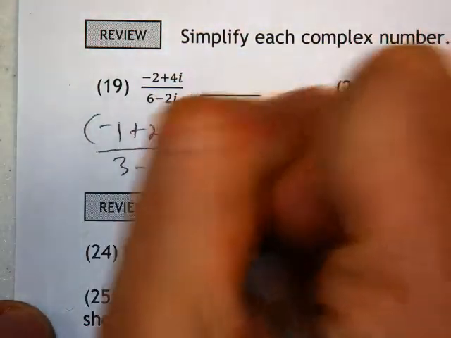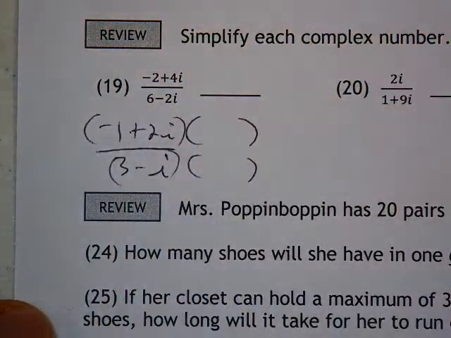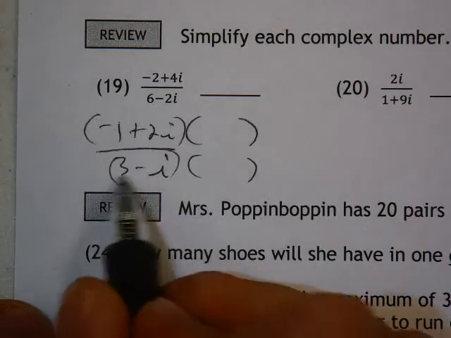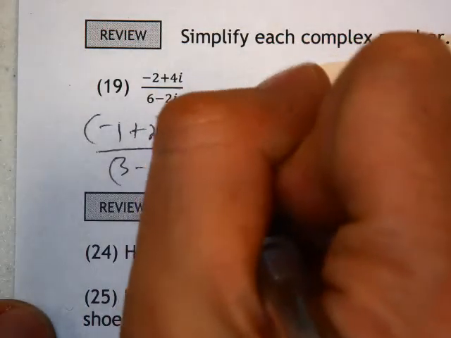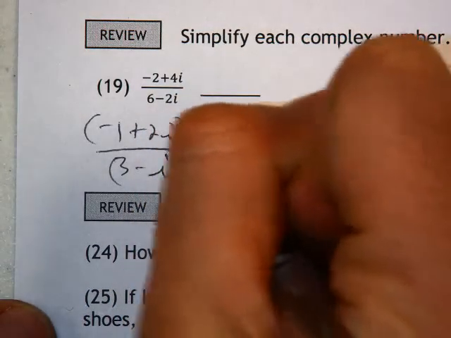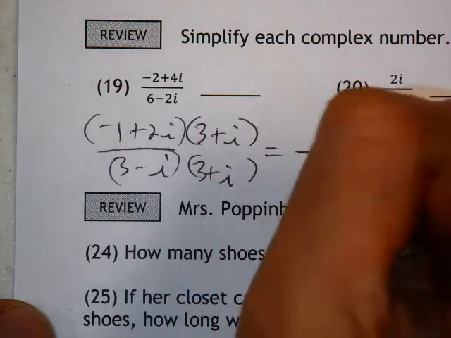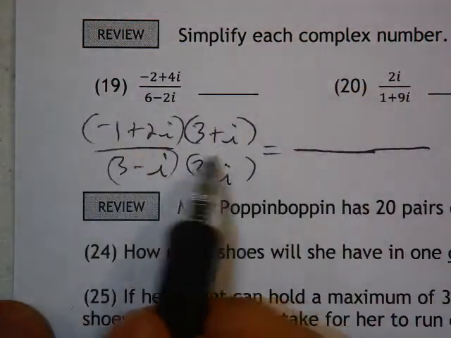Remember that we're going to multiply both top and bottom by the conjugate of the denominator. So we're going to take this 3 minus i, it becomes 3 plus i, both top and bottom. Now when I multiply on the top,